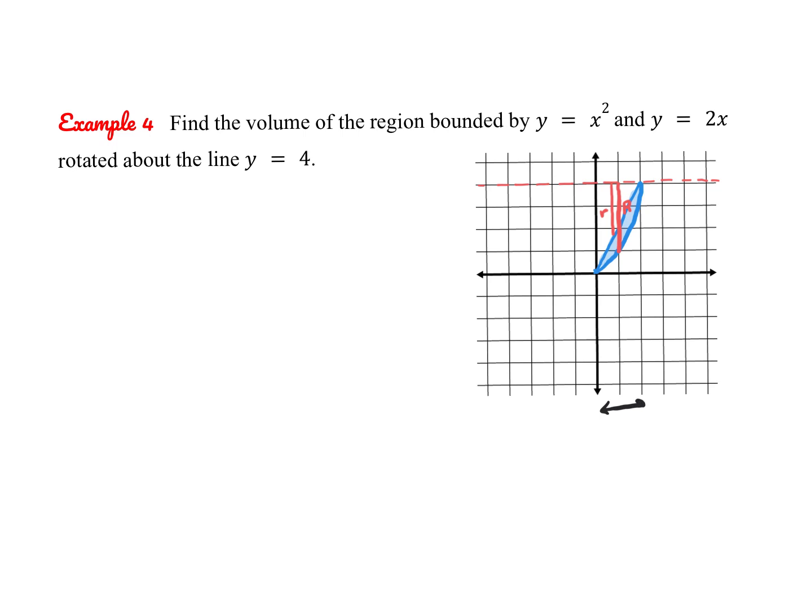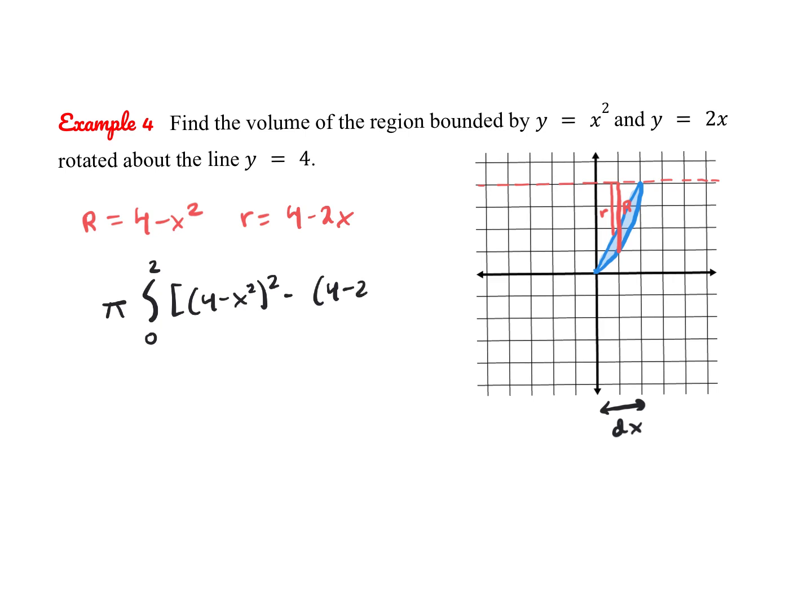So here I'm integrating with respect to x again. So I can leave my equations like this. For my large radius, I always need to make sure it's positive, so I do top minus bottom. So it's the distance from 4 to my quadratic, so 4 minus x squared. And for my small radius, top minus bottom, it's the distance from 4 to 2x, so 4 minus 2x. And I'm integrating from 0 to 2, from left to right. So I have my large radius squared minus our small radius squared